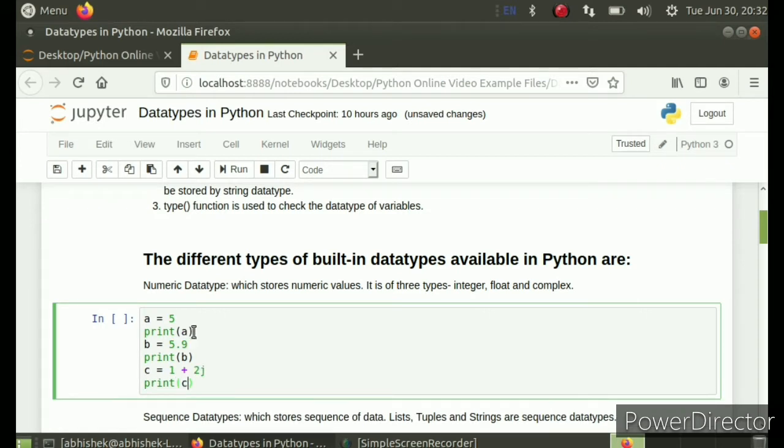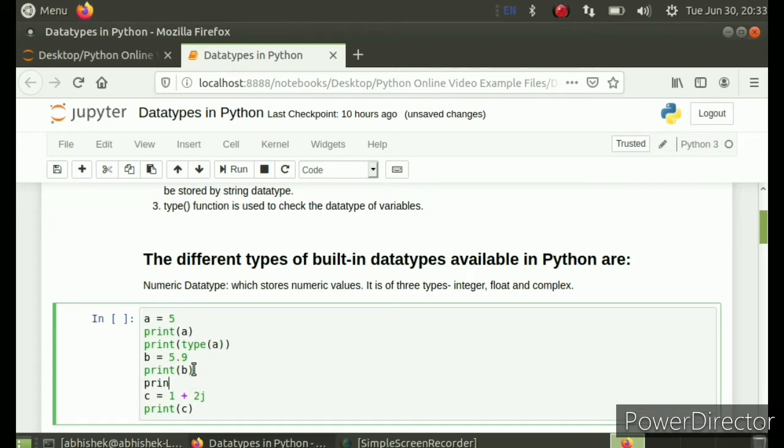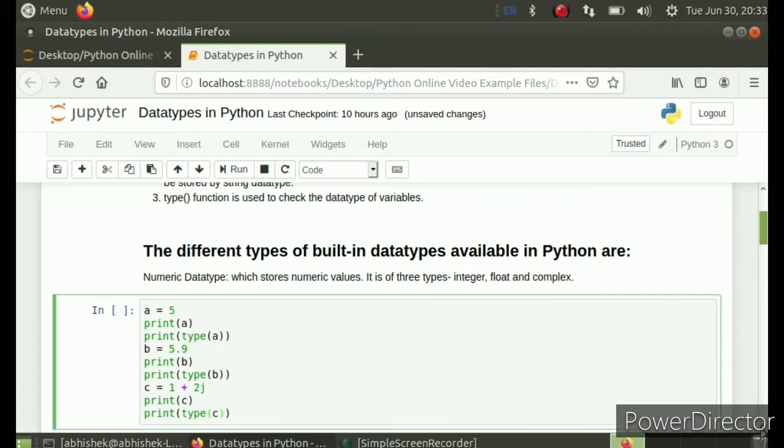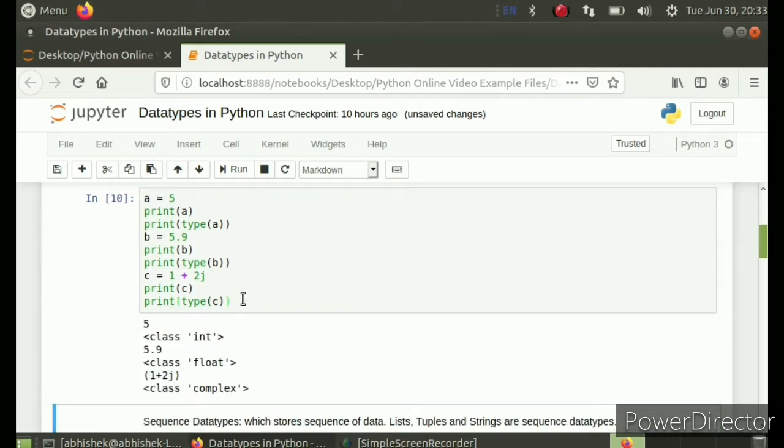We can also use the type function to check the type. So print type a, print type b, and print type c. Run this using shift enter, and see. Okay, 5 is int, 5.9 is float, 1 plus 2j is complex.